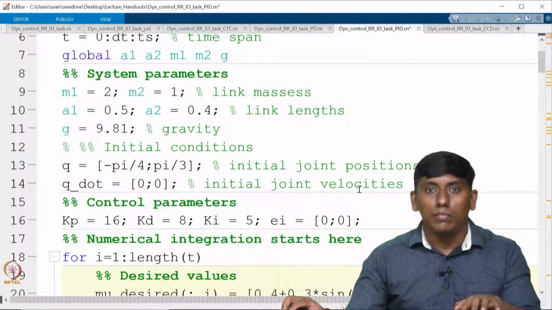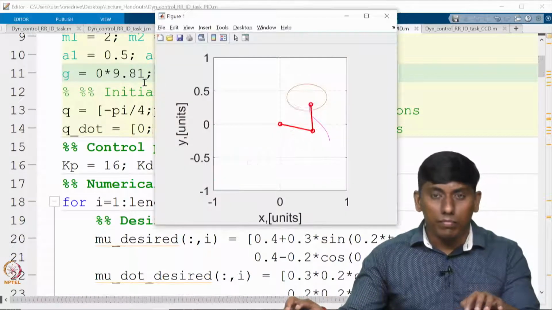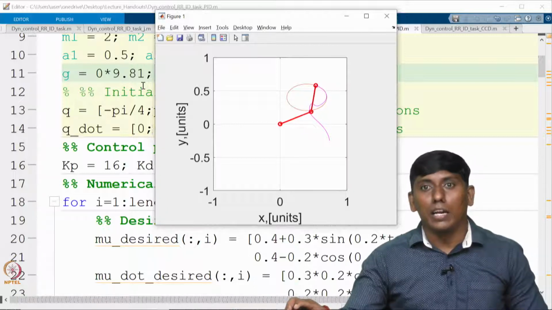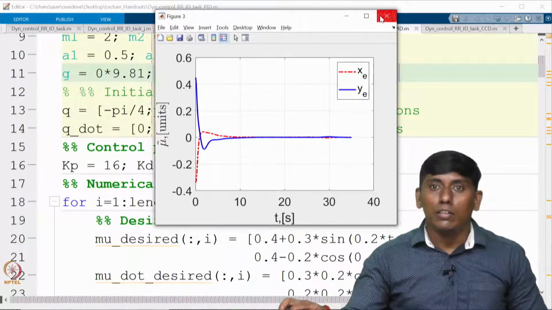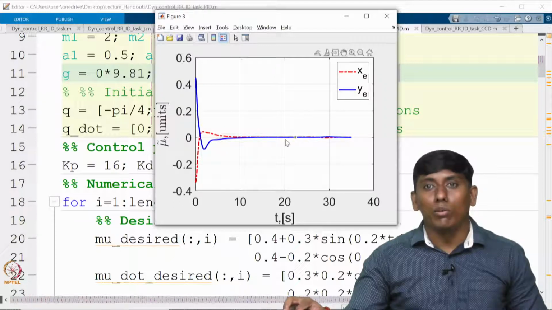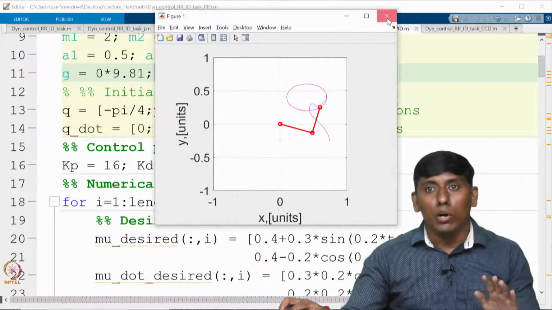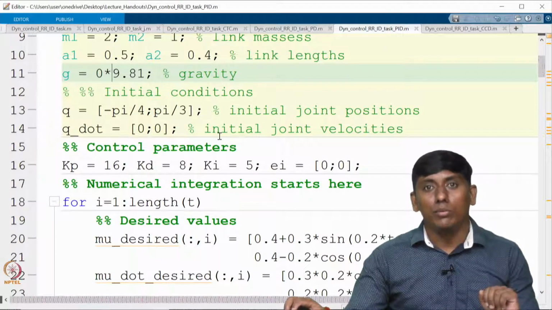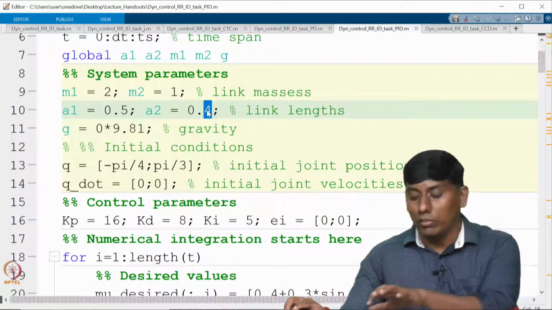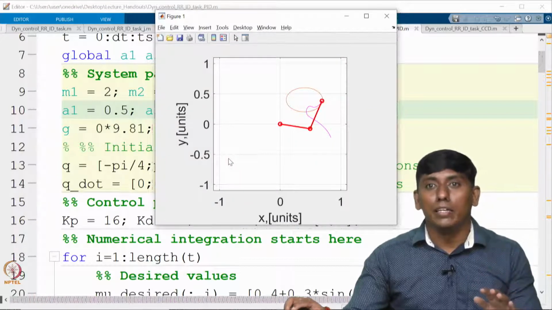You can see I made it an ellipse. That ellipse is following it. Now I am trying to show that with PD control, it converges. So now we can make this kind of complex profile or complex entity, and other things we can try. For example, now I assume that this is also 0.5. You can see the variation is completely different, right.